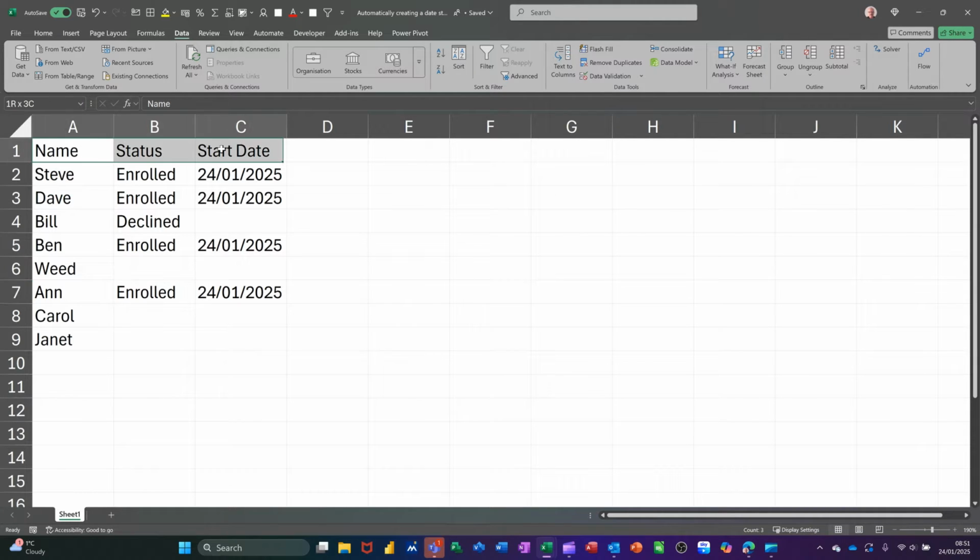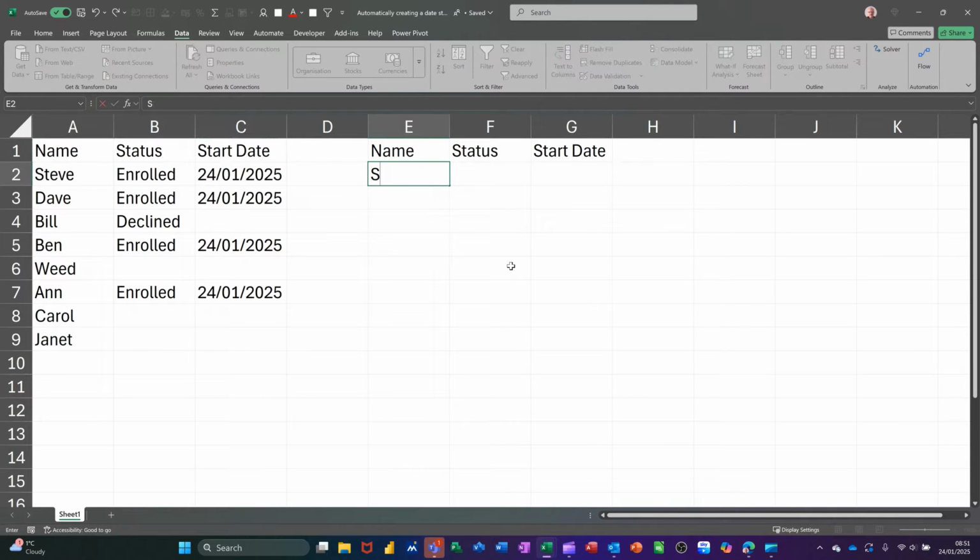So if I just copy these titles and paste them into column E. All right, so I've got a list of names as a custom list, so I can just type those. Just pull these down,